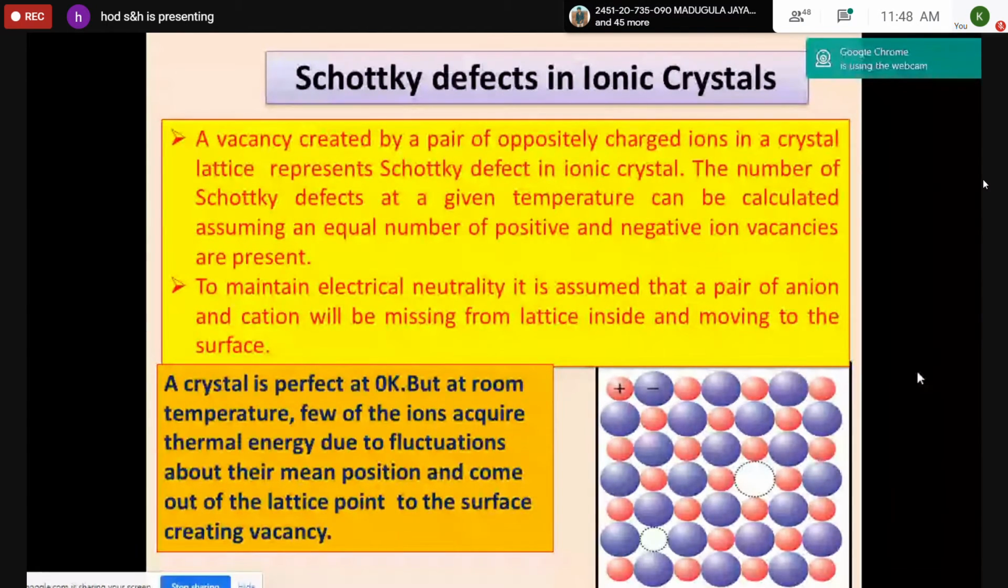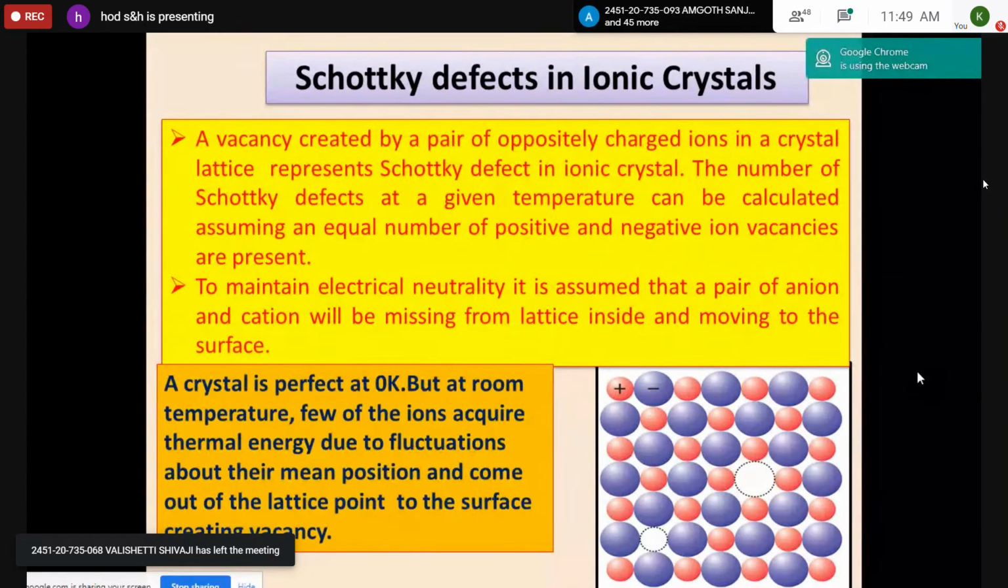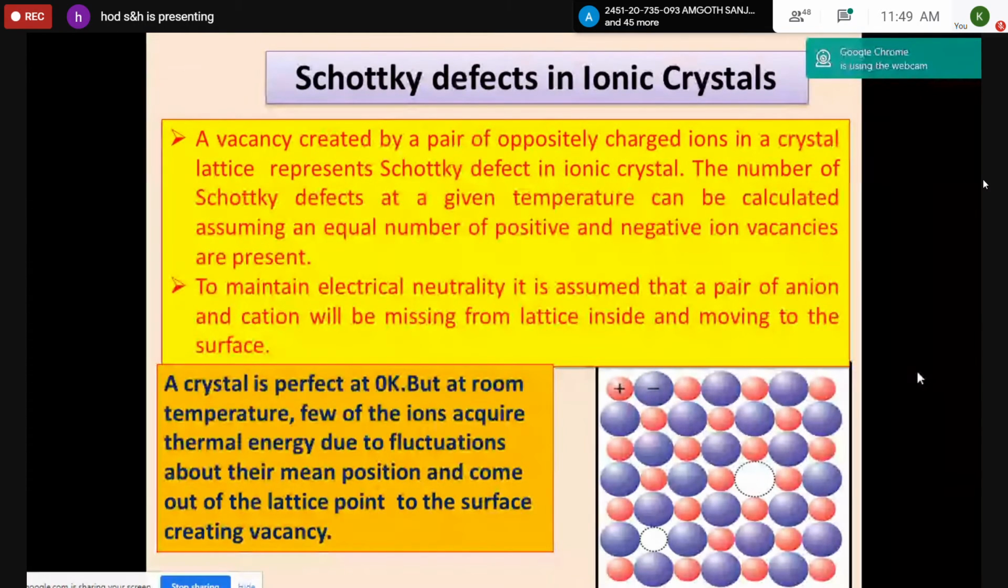At 0 Kelvin, it is a crystal perfect in all respects. But as the temperature rises, due to thermal energy, some energy is absorbed by some of the ions, so that they can move to the surface. How many ionic vacancies are created per unit volume at a given temperature is the equilibrium concentration, which is called Schottky defects. We should derive this